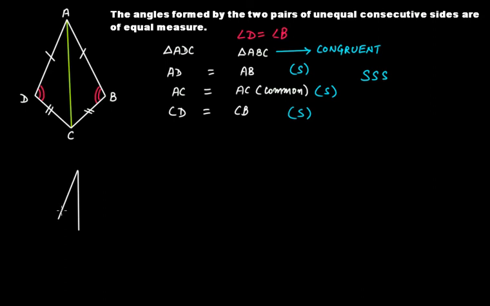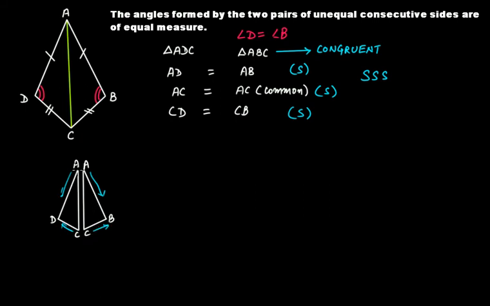So if this is triangle ADC and this is triangle ABC, imagine that you're holding this triangle and you have to superimpose it on triangle ABC, right? So from these three pairs of equal sides, you can tell that if you want to superimpose it, since AD is equal to AB and CD is equal to CB,